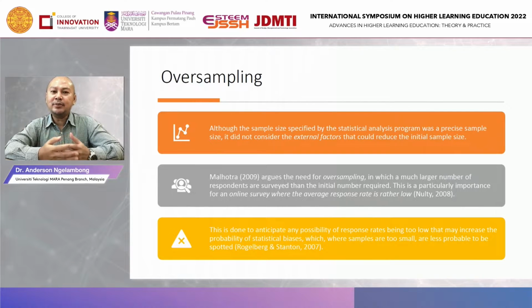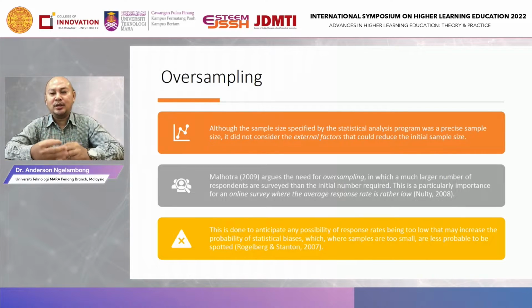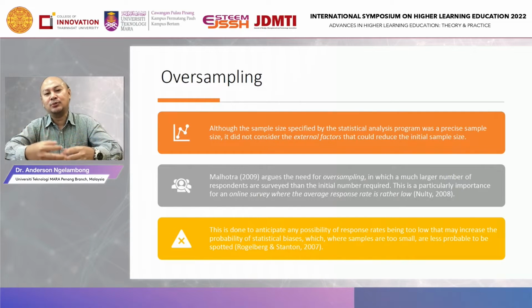So you have the minimum sample size. Do you think the 70 respondents is enough? Do you think the 92 respondents is quite good for your research? But that is the minimum. In most situations, you need to oversample, especially for an online survey or web survey, because you have to know the non-response rate is quite high. Not all respondents will respond to your survey. You have to remember, when you give out 100 surveys, maybe only 50% will come back to you, so you don't have that minimum sample size to analyze your